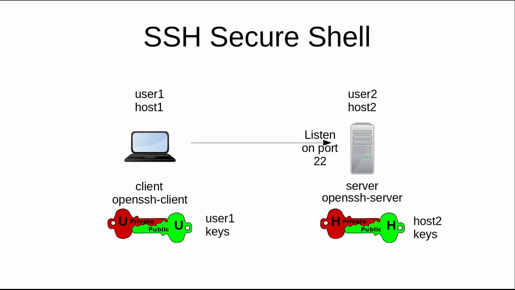SSH uses two keys, a public and a private key, also called identity files, to encrypt the data and authenticate users and hosts. Both user 1 on the client and the server host2 have a public and a private key. There are two ways to authenticate a user on the server. One way is using the user 2 password. In this case, temporary keys are generated automatically for user 1 for the session. In the second way, user 1 has his own identity keys and user 2 has the user 1 public key to authenticate user 1 and allow the server to connect user 1 as user 2.